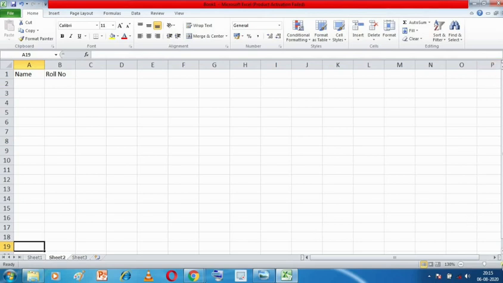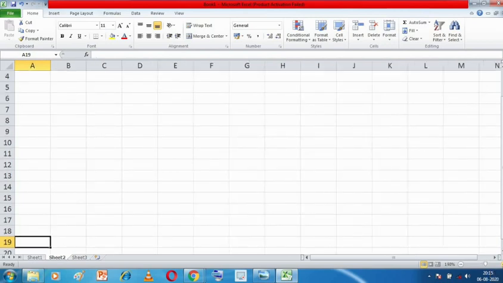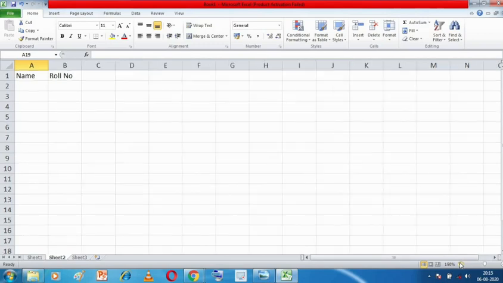If I zoom, now I can only see fewer rows and columns, but it's because I had clicked on the zoom button. Right now I can see these 18 rows and columns till N. So this is my first page. On the next page I will have the 19th row and so on. So these are different pages.